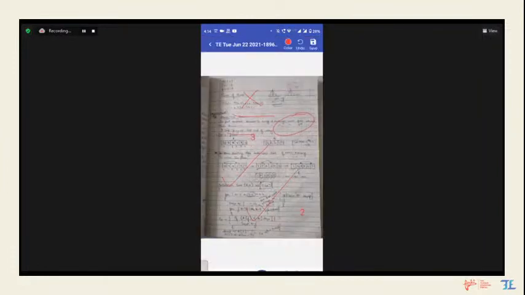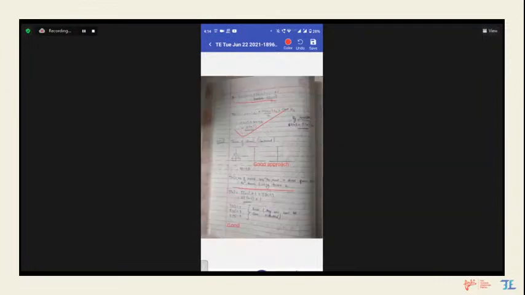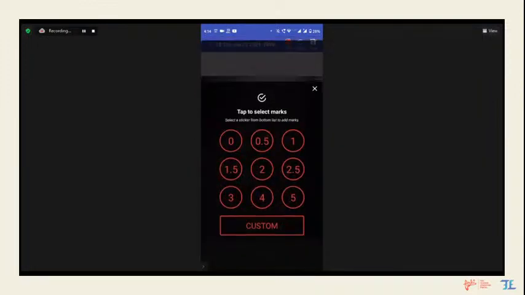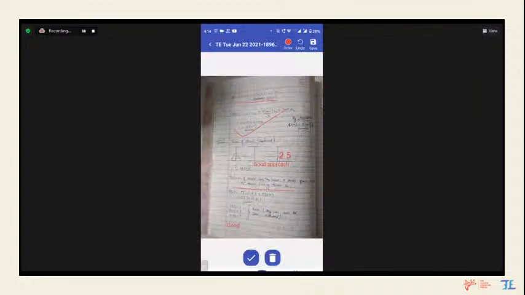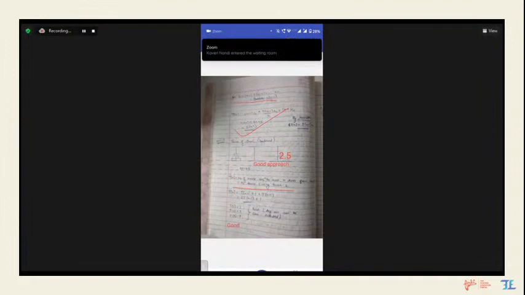So the whole thing works just like you are doing pen paper checking. So I asked you a question, right? 2 minutes back, how do you do it in physical world? So basically the thing is that on mobile phone, you can do checking just like you are doing in a physical pen paper checking process. You can add marks, you can add comments, you can use pen tool to do markings.